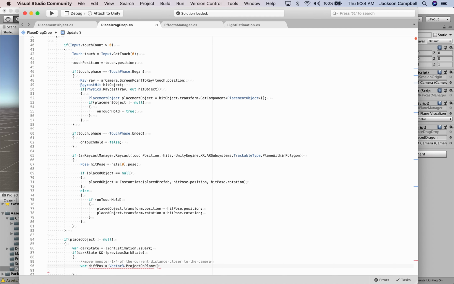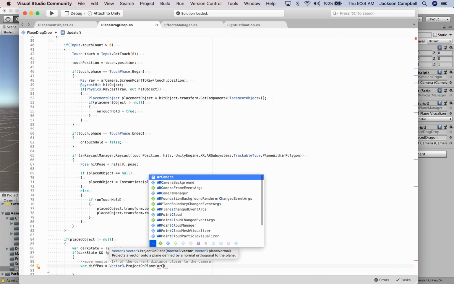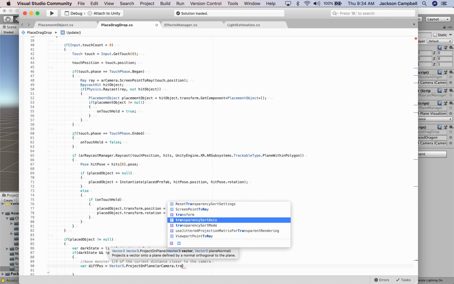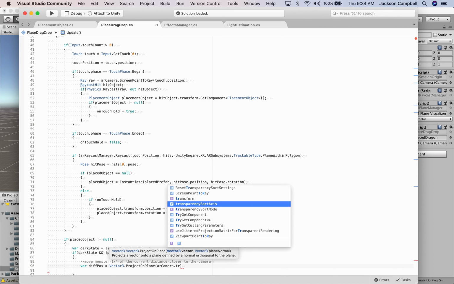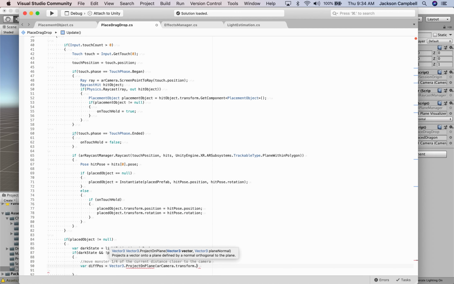So we need to use project on plane, the camera's current position, AR camera dot transform. Transform. There it is. Dot position,